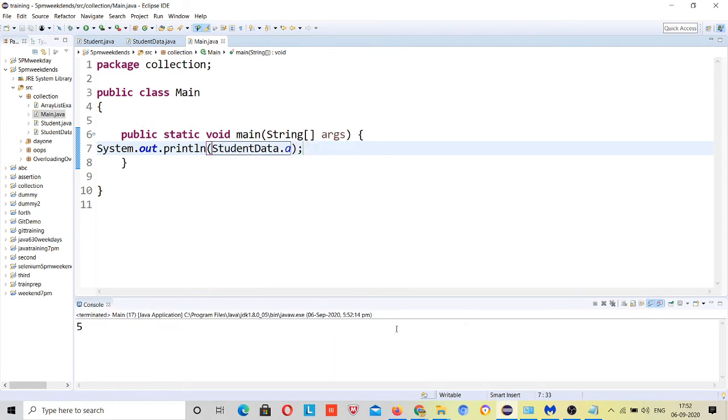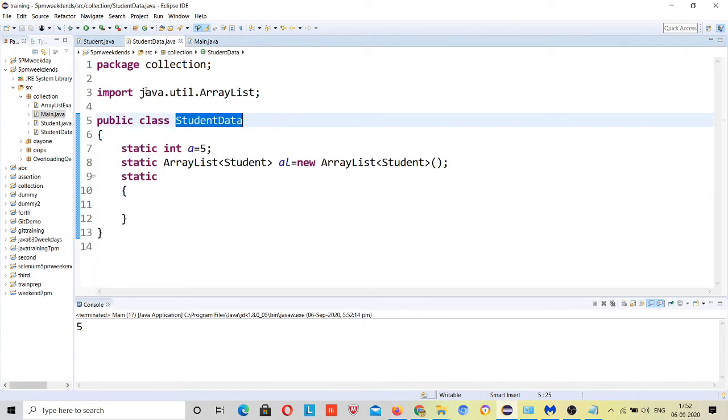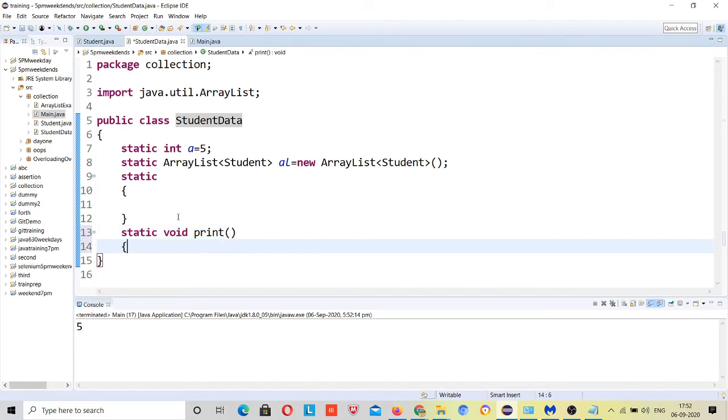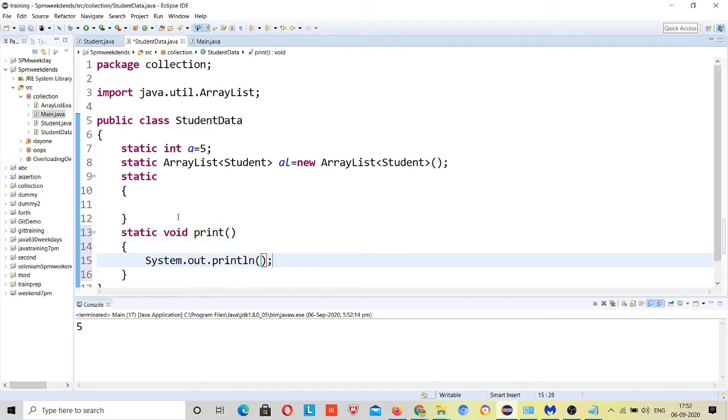If the method is static, you can directly call that using the class name and the method name. Suppose static void print, print name. Now print